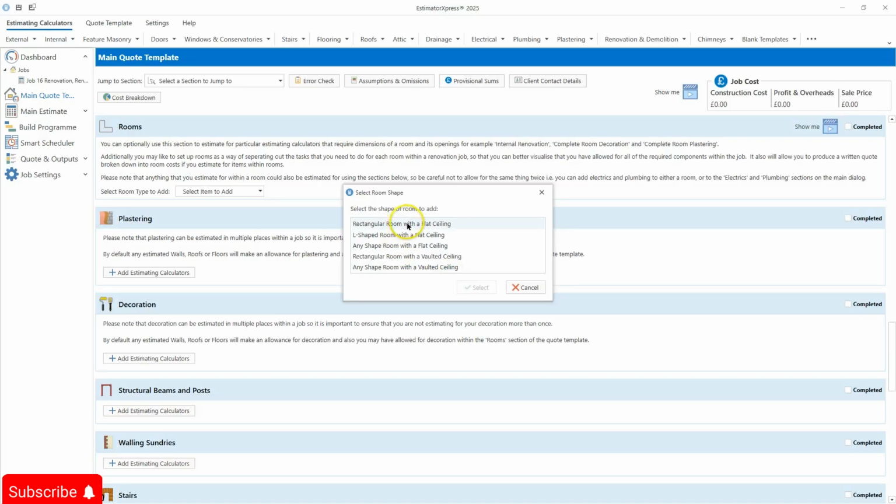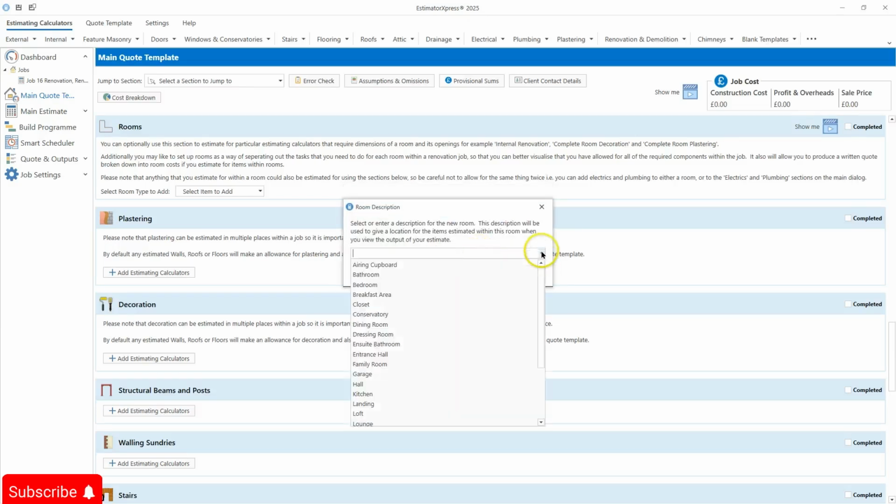And I then select the shape of the room. I'm going to go for a rectangular room, but you can go for any shape with a flat ceiling or any shape with a vaulted ceiling. I'm just going to go with the rectangular room. I hit select,